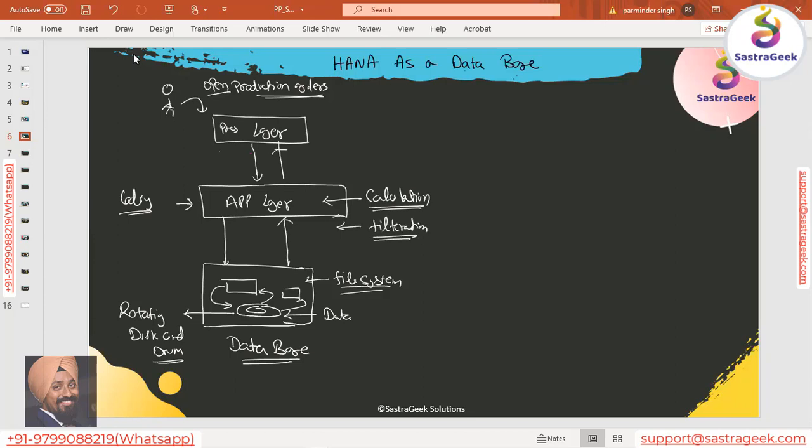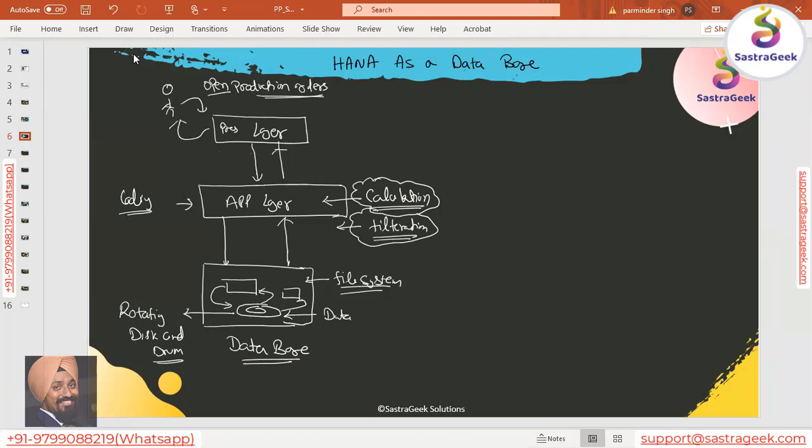Maybe this will give you a lot of production orders and you want to see the sum of the production orders, or you want to filter the production orders as per the user query by putting some filter on the order type or the plant. So those filtrations and calculations would be happening on the application layer. The database layer would give that data, and on top of that, your algorithms which do the calculation would be happening on the application layer. Application layer would work on it and give the data back to the user.